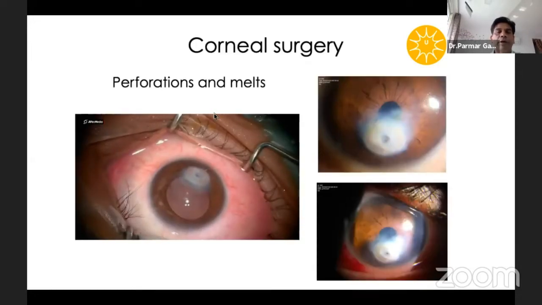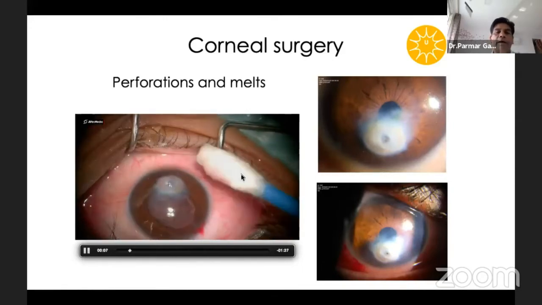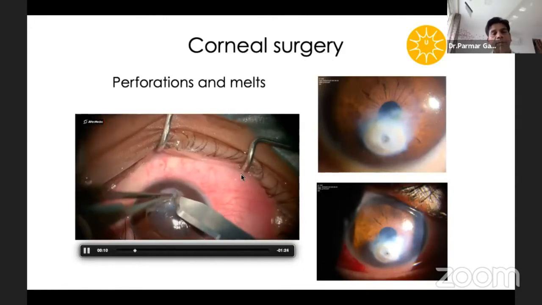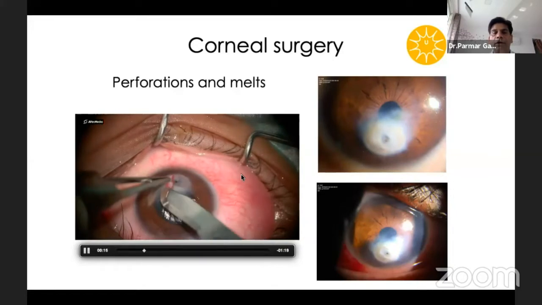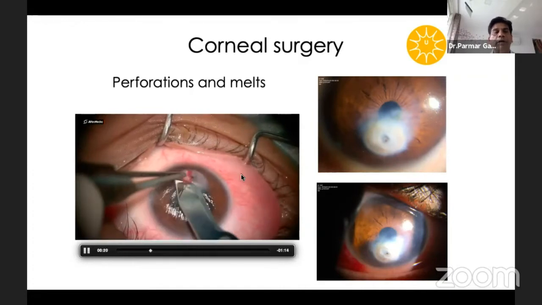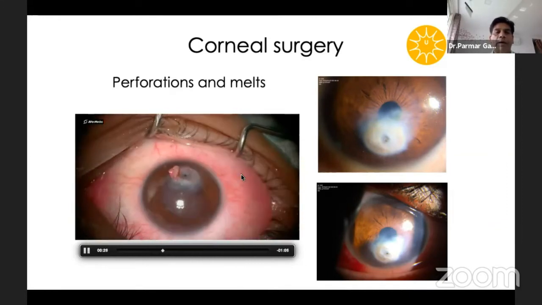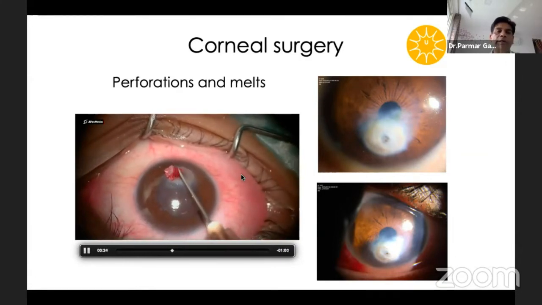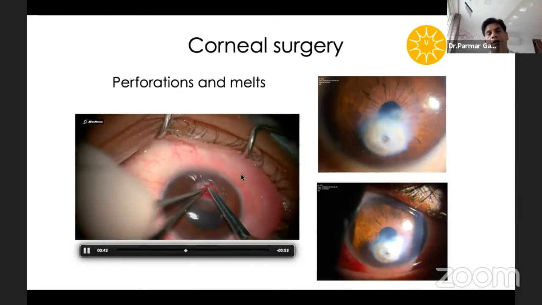So here I am trying to seal with the help of glue. I tried a different strategy here. First, I made a side port because the AC is formed. Then I dissected out this wound in lamellar fashion. I did a lamellar separation of this wound. So I use this number 15 blade here to make a lamella, and then I use fibrin glue, both the components, and then I attach this dissected lamella again to the bed.